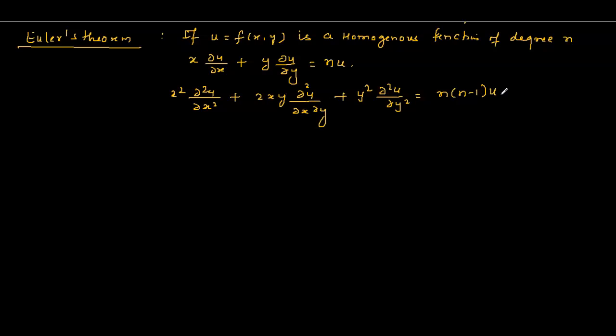This one is for the first order, and this is for the second order, given degree n. So this is Euler's formula for the homogeneous function, the first for one variable and this for two variables. We'll prove both of them one by one, because both are very important. In the question in class 5, only 2 is given, but we'll do both. So here, first proof